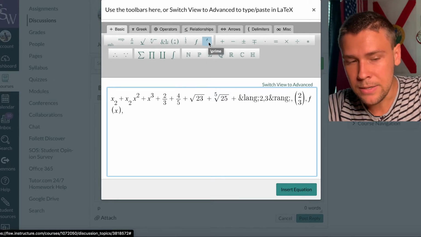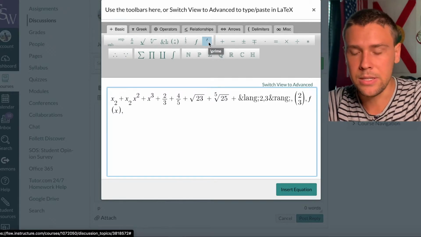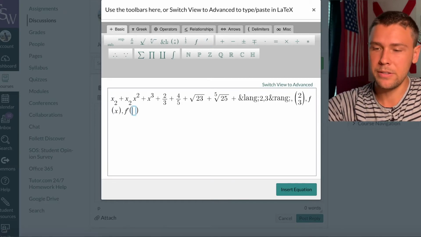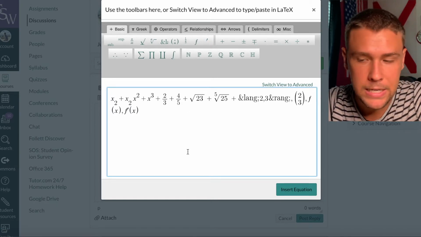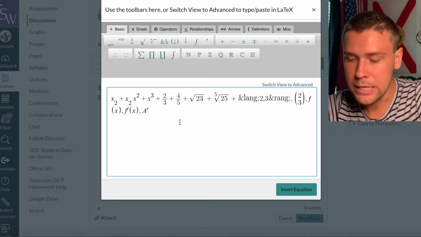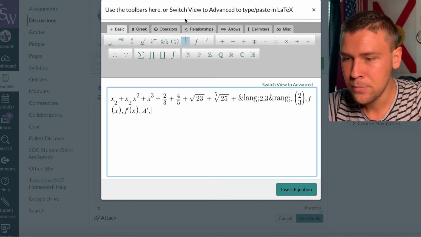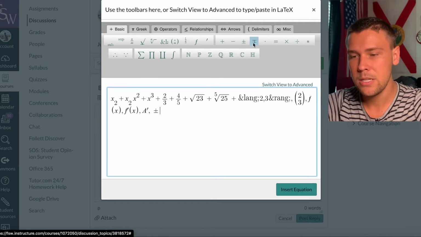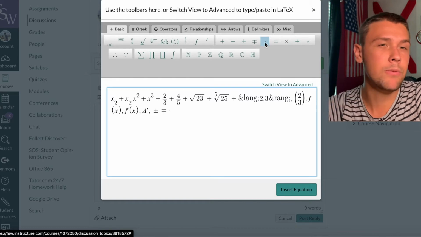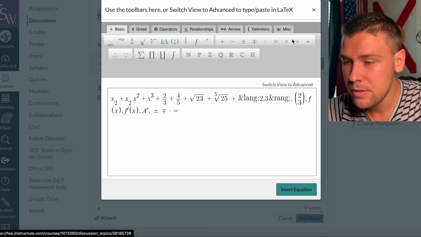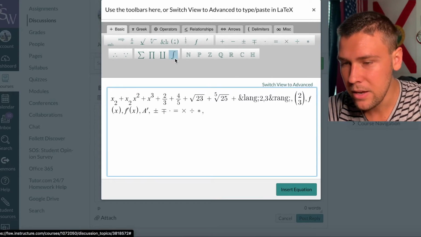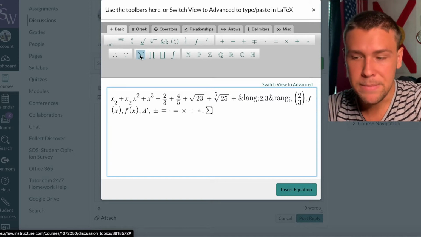This here is a little tick. Sometimes they use it to say prime. Yeah, so if you have to do, let's say in calculus, you say the derivative of something is f prime of x. That's how you do it. Or if you're doing set theory, you could say a prime, right? And that's how you do that, right? Moving on. After that, you have your plus, minus, minus, plus, the flip version. You have your dot, which can be multiplication, or if you're doing something with vectors, it means something specific. Equals, times, division. This is an asterisk, which is just a general thing. And everything down here you probably won't find yourself using, except maybe a summation button there.